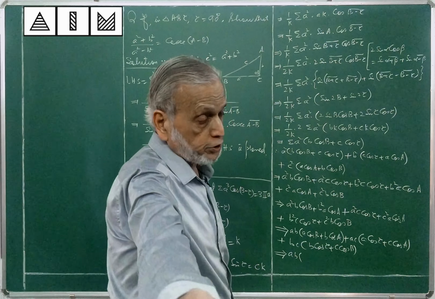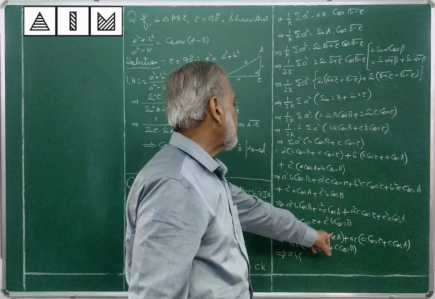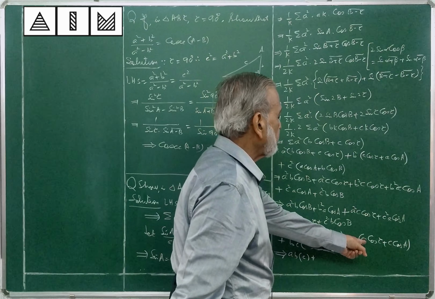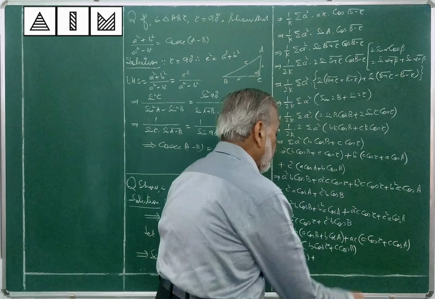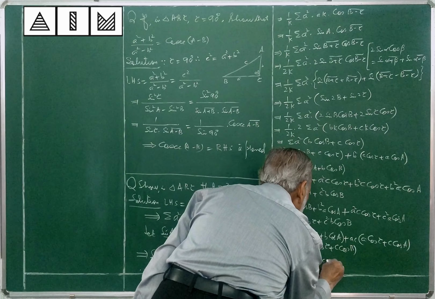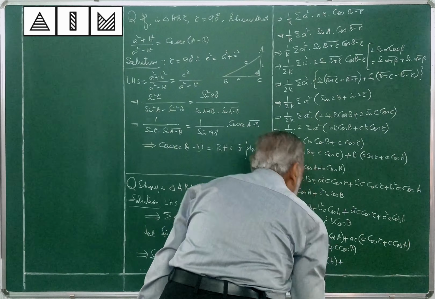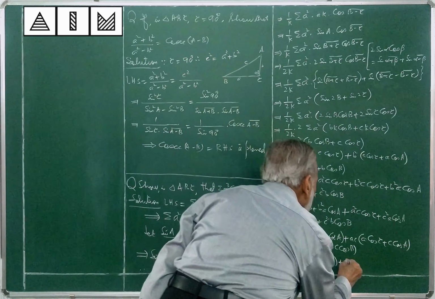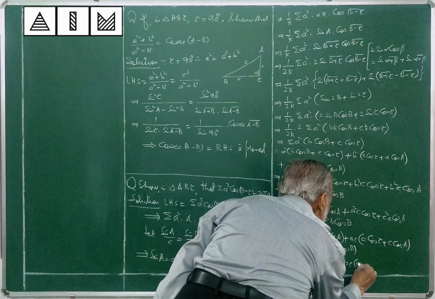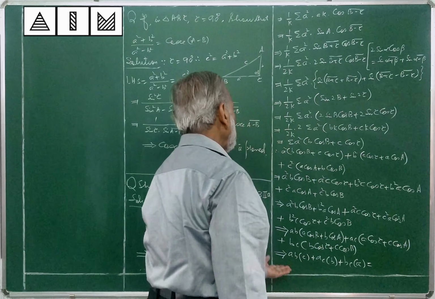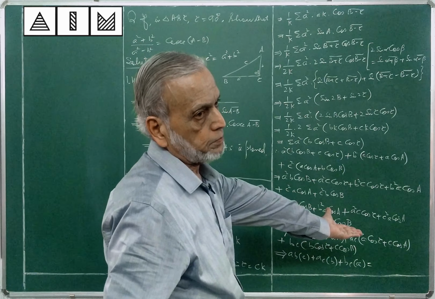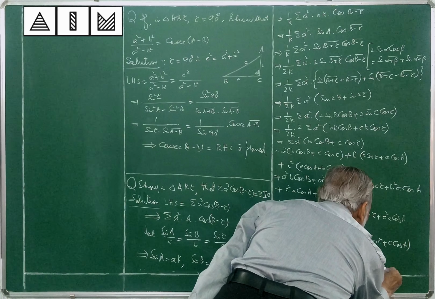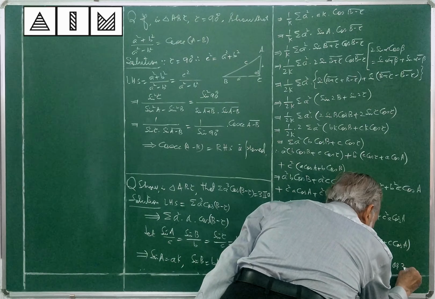Please note, there is a projection formula. a cos B plus b cos A is equal to c. Similar projection formula, a cos C plus c cos A is equal to b. This also projection formula, b cos C plus c cos B is equal to a. You can see abc is 3 times. So 3abc. Or may I write 3 pi a as required?